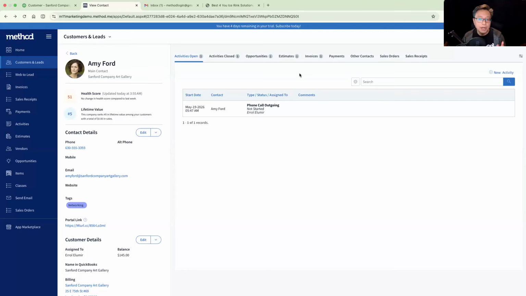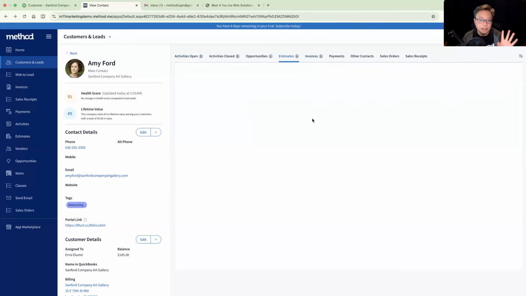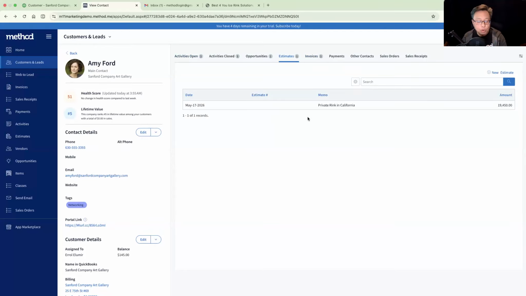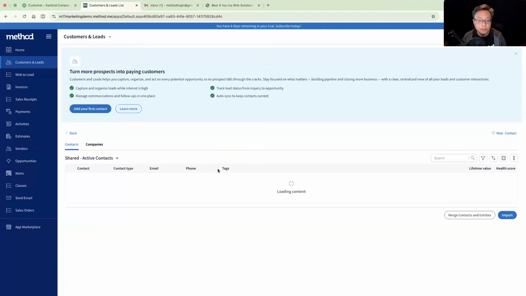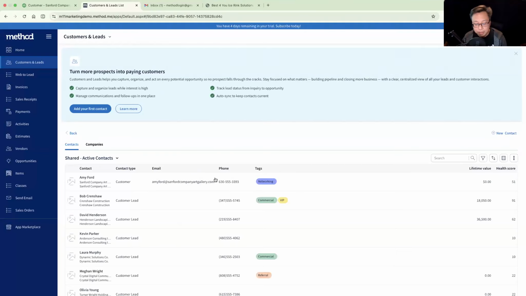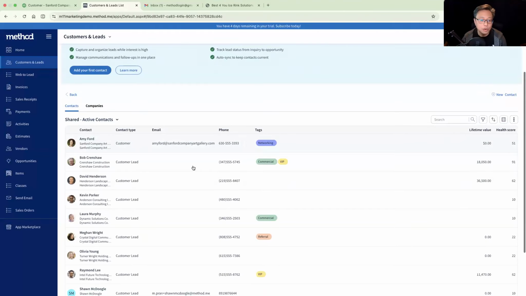So if I create any invoices, if I create any kind of transactions, that will immediately go over to QuickBooks. And that is one of the more powerful aspects of Method that we have. But we are talking about leads. And as I said, and as Mattis has said, we do not sync over leads to QuickBooks because we want to do our normal sales process that we would need to do with leads. And so I have a number of them here.